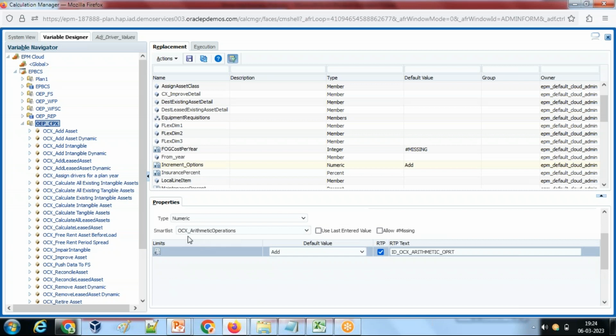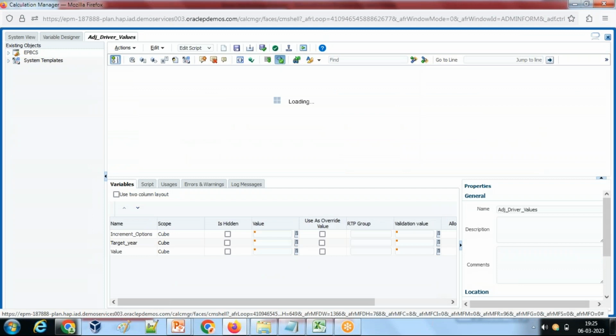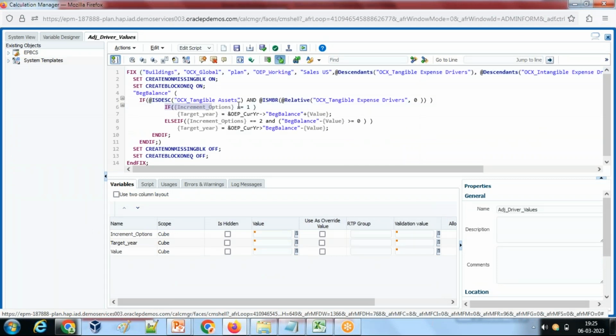The name of the smart list is OCX arithmetic operation. I use a system defined smart list, but you could use your own smart list as well. So here I'm testing the value of the variable: if the increment option variable value, which is defined under curly braces, is 1,